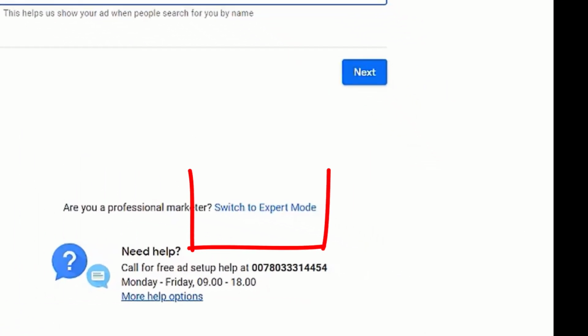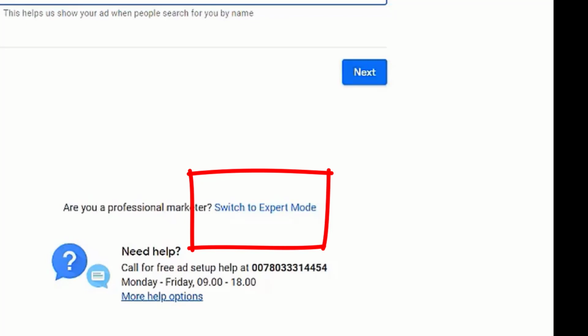In expert mode, you have more control over your campaign settings, such as the ability to create custom audiences, bid strategy, and ad placement. By choosing expert mode, you can also access detailed reporting and performance metrics that can help you make optimizations to improve results.